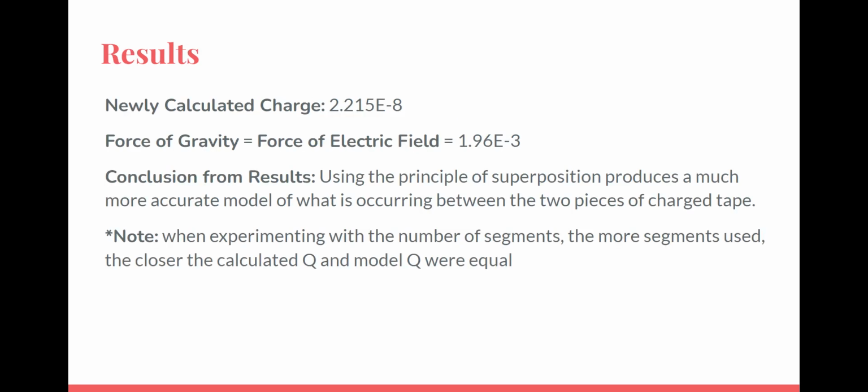The newly calculated charge I had from this model was 2.215 times 10 to the negative 8 coulombs, and the force of gravity I calculated was 1.96 times 10 to the negative 3 newtons. The conclusion from these results was that using the principle of superposition, E net, produces a much more accurate model of what's occurring between the two tapes than treating them as just two large point charges, basically treating them as almost like an integral of charges. A thing to note is that when experimenting with the number of segments, the more segments I used, the closer the model Q was to the calculated Q,